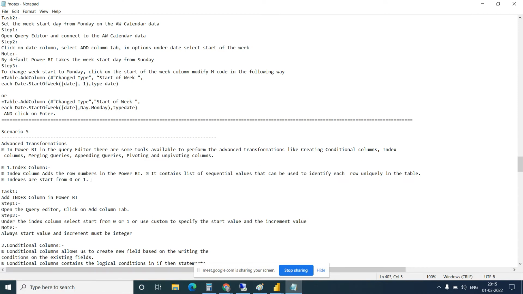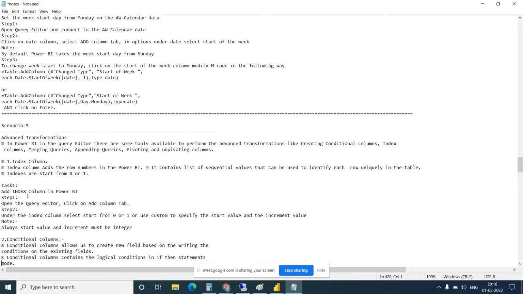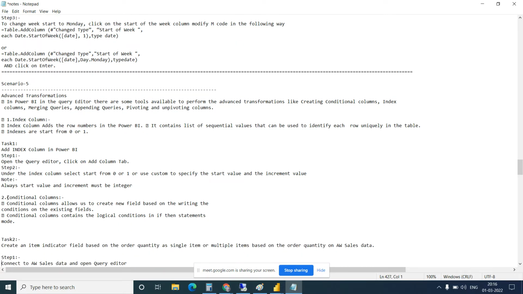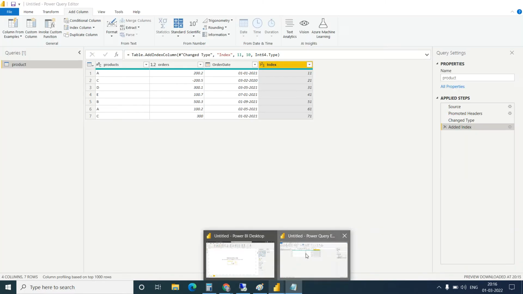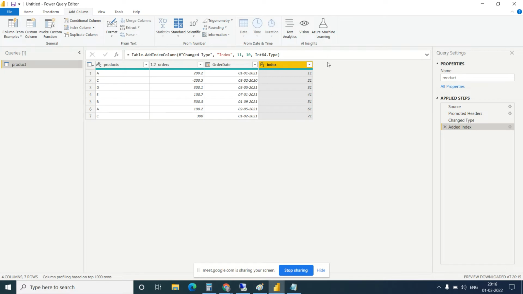So we have seen the index column. Now let's see the conditional column. What is a conditional column? What if I want to create one column here and show that if any order is greater than 200, it should say good, and if it is less than 200, it should say not good.